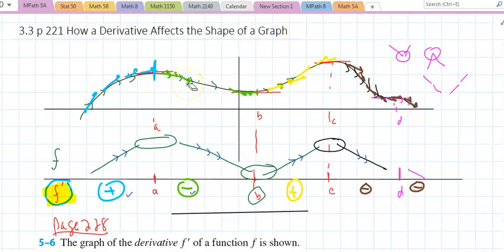Okay. Not that one either. Let's talk about this one. This should do it. Okay, look at this function. If I'm glancing at this graph, come on. Got it. If I'm looking at this graph,